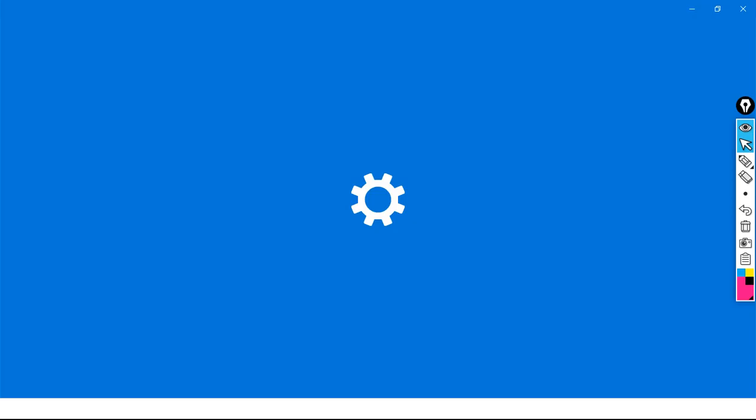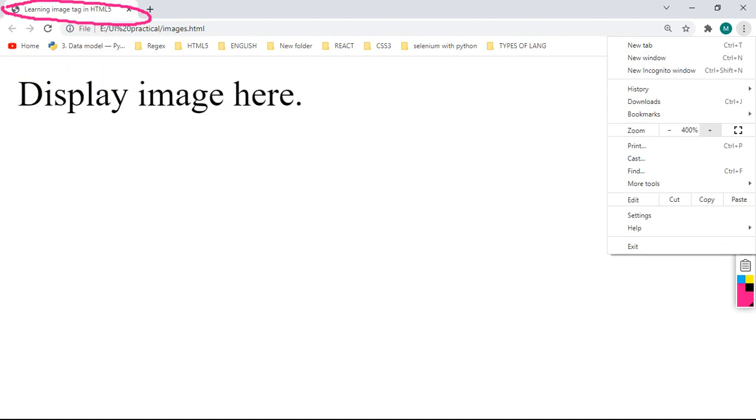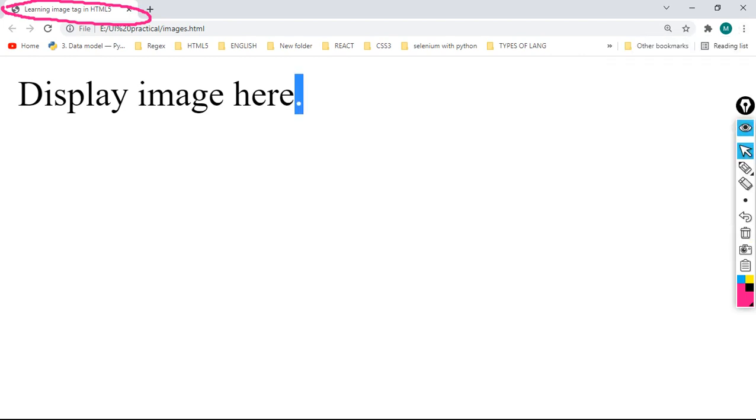Okay, learning image tag in HTML5, and let me increase the size of the page. And this is our paragraph, display image here.